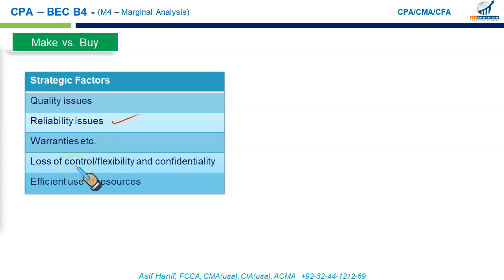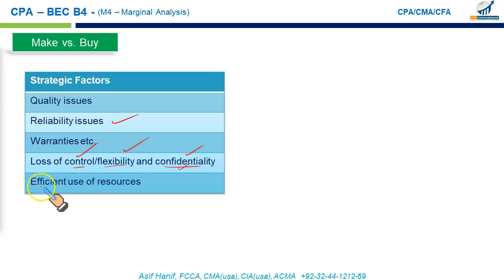And yes, when you decide to outsource your production or some component or even a completed unit, you lose control, you lose flexibility, and you also lose confidentiality of your production system. So if you are willing to give up your control, willing to share your product information with third parties, and you want to give up the flexibility you have while you produce goods yourself, then go ahead, outsource.